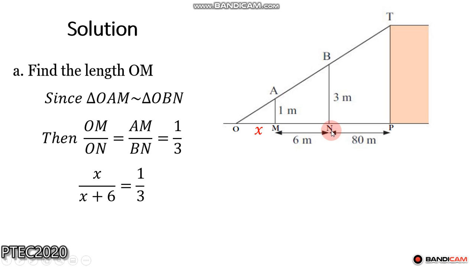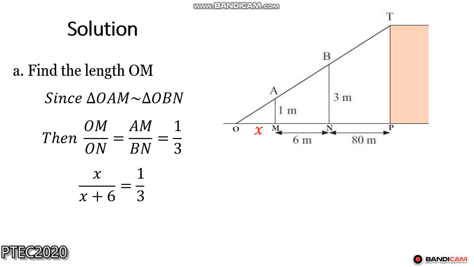And ON here, you may see that ON is obtained from OM plus MN. OM is 8 and MN is 6, so 8 plus 6 is the distance from O to N. So ON here I can replace by 8 plus 6, and it equals 1/3 here. So in proportions,